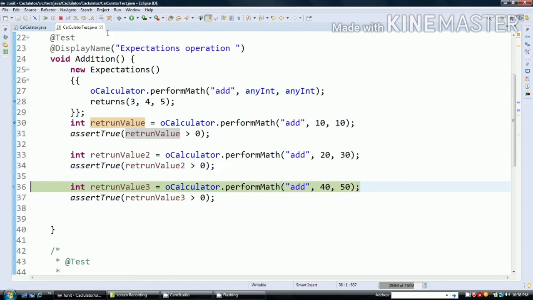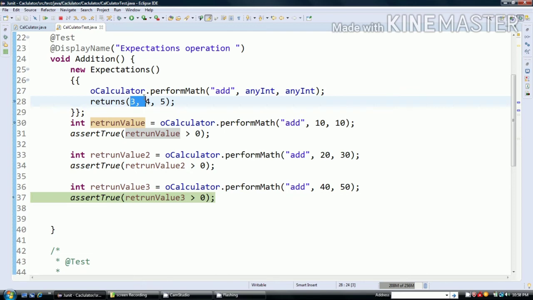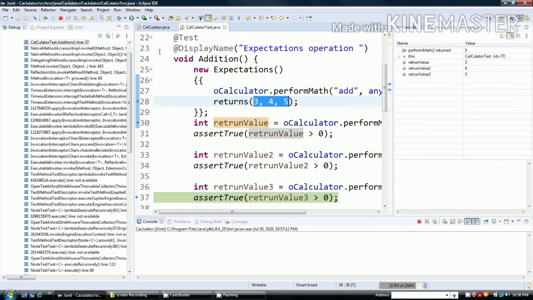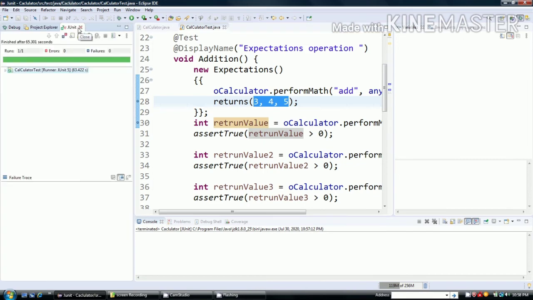So return value 3 will give the result of 5. So this is what the expectation and returns do. It returned 3 parameters.